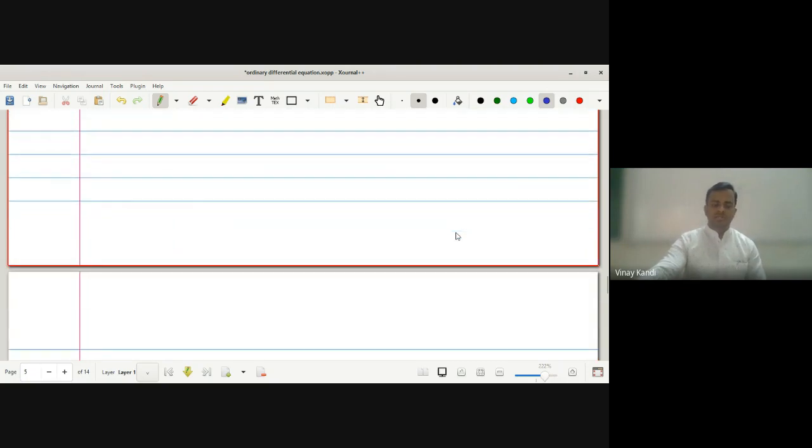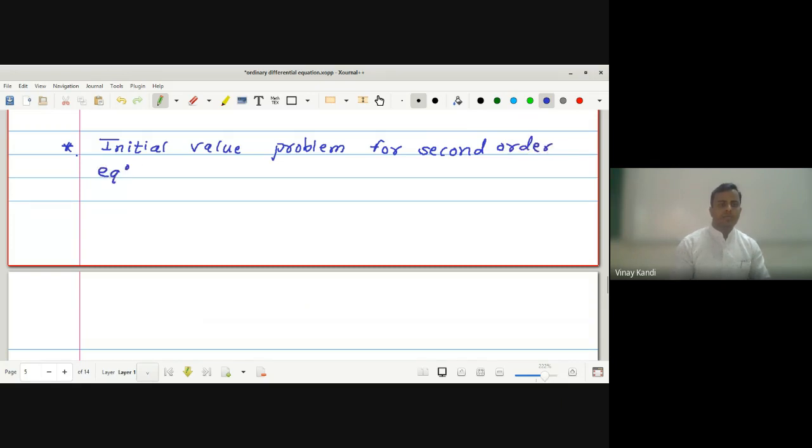Now the next concept: the initial value problem for second order equation. An initial value problem